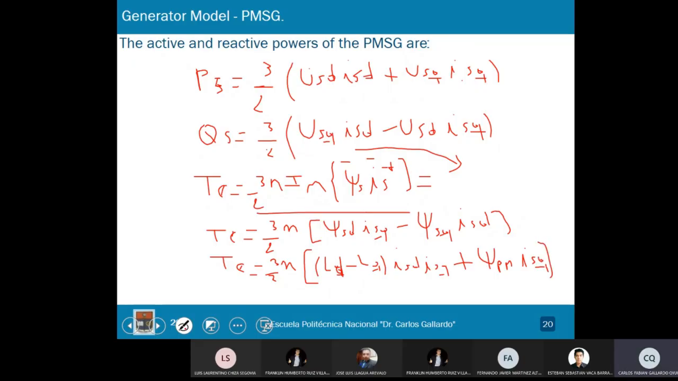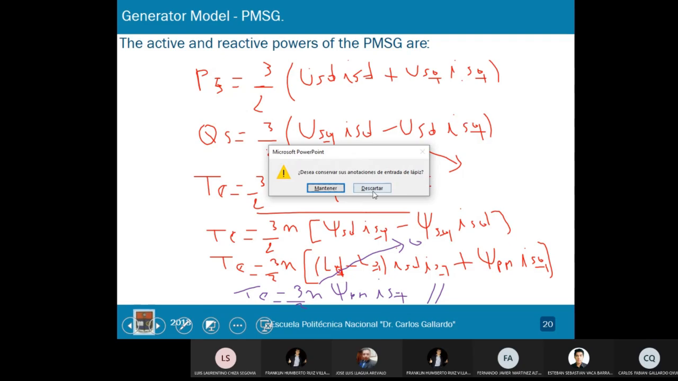Okay? So therefore, this is equal to 0. Based on the above assumption, the torque equation can be simplified as 3 over 2 times the number of poles times the permanent magnet flux times the stator current on the Q axis. See, this is the dynamical model. So in order to make this clear, let's work